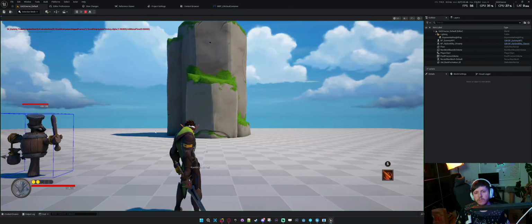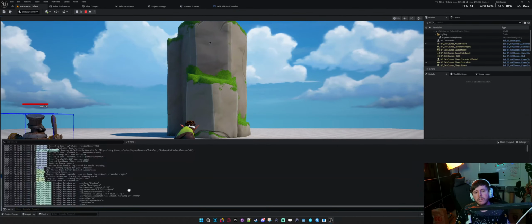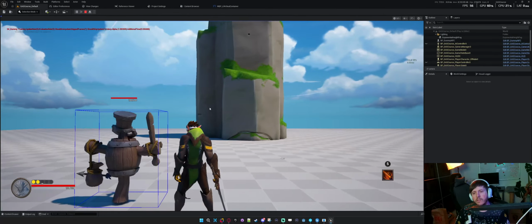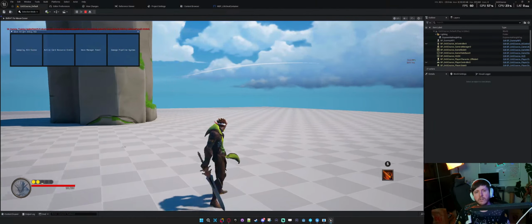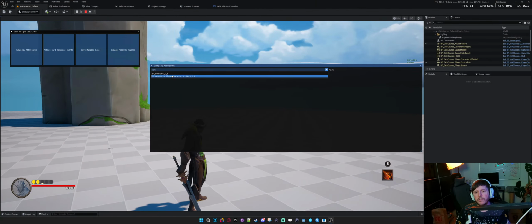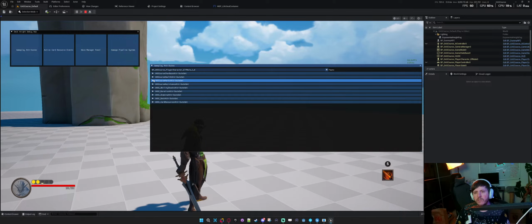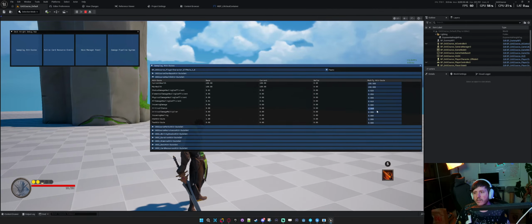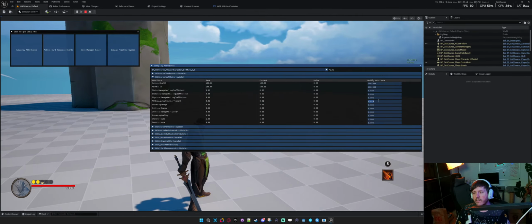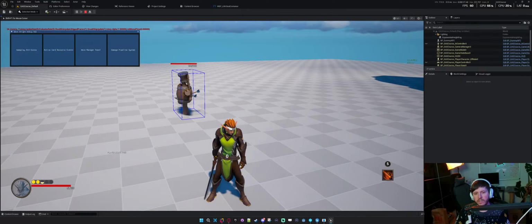So let's play. So far, so good. We spawned. No crashes. Let's clear our log. Let us open up our attributes. Let's give ourselves a good amount of passive healing. Not passive healing, active healing, and then we'll deal damage.